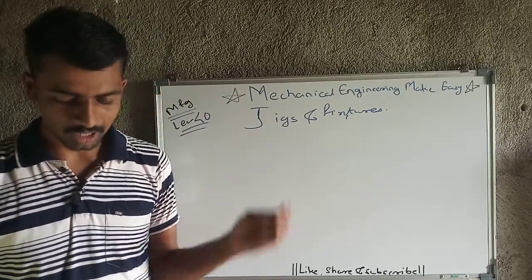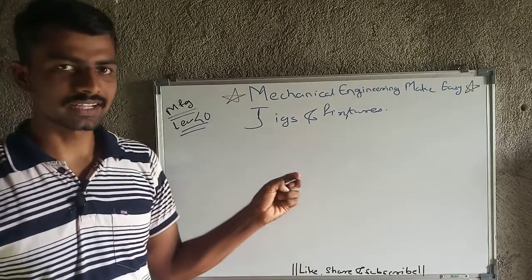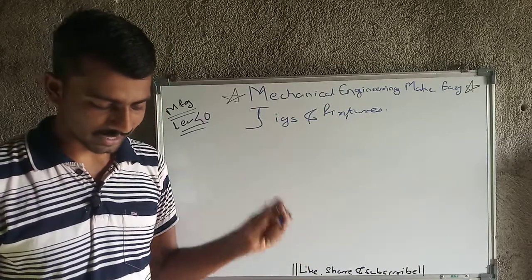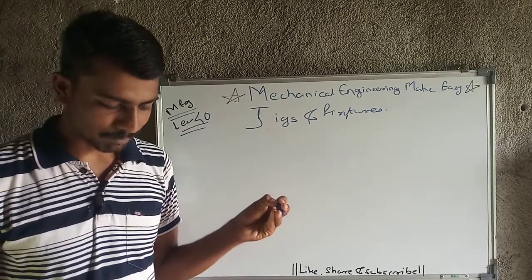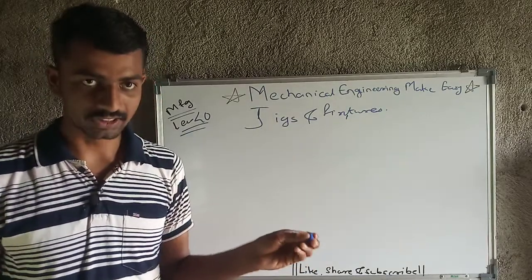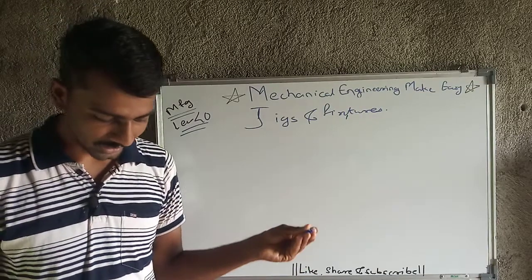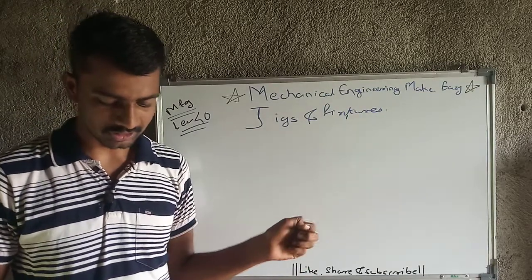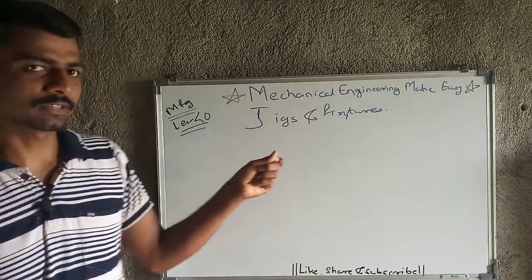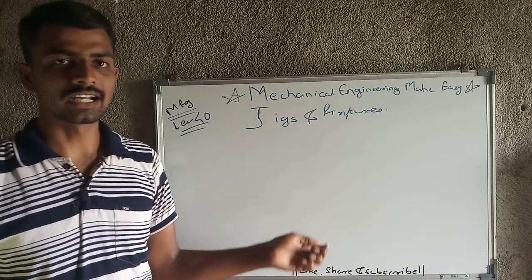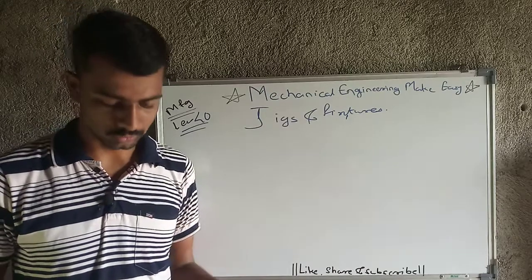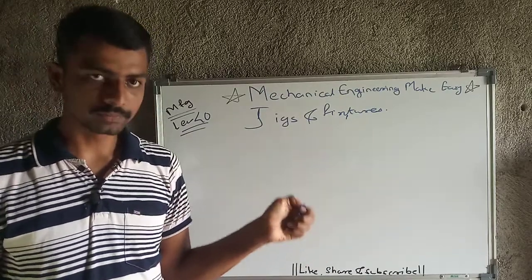Then next is nothing but hardened surface. We can get the hardened surface also. Then next is foolproofing, then clamps position, then inserts and pads, then safety, which is also a very great issue of jigs and fixtures. That is nothing but a great point. Then next is easy manipulation, that is, light in weight and easy to handle. If we have designed the jigs and fixtures for a proper application, then ultimately that will help us with easy manipulation of the workpiece, etc. also. Then next is nothing but clearance.